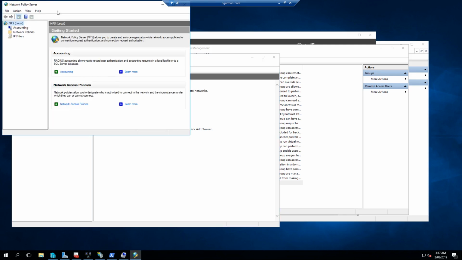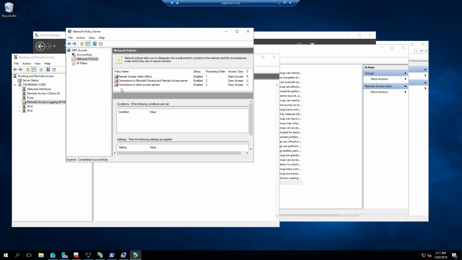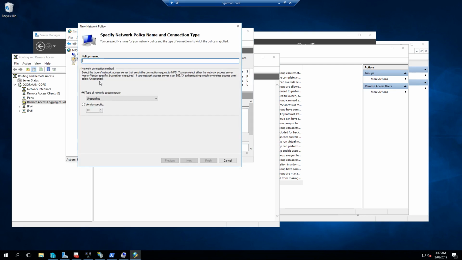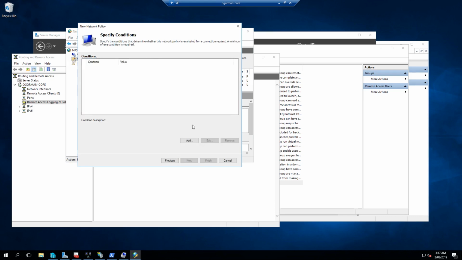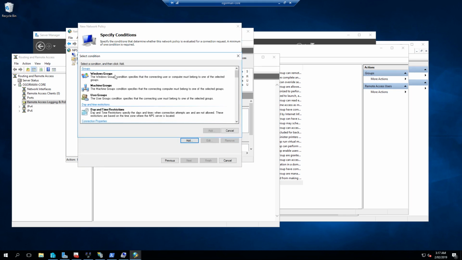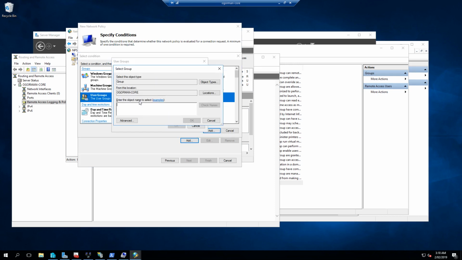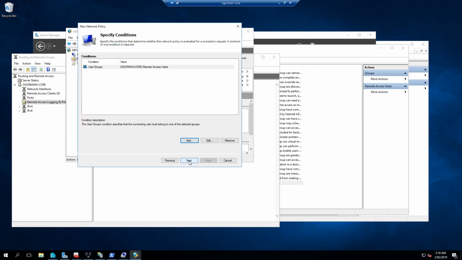If you followed the tutorial, you would know that you would have to create a new policy. Let's just name mine test, as I'm not going to be saving this. The condition here, instead of doing what the tutorial says, I think using Windows groups, you can use user groups here. And you can just type in the users group, which I made, remote access users. Check names, see if it's there, and voila,